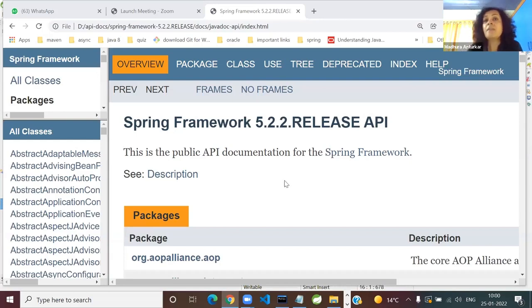Now, when I discussed servlets on the first day, we started with the whole API. You have the Servlet interface, GenericServlet, and HttpServlet, which you extend. Likewise, I'm now giving you the APIs which are related to the Spring container.